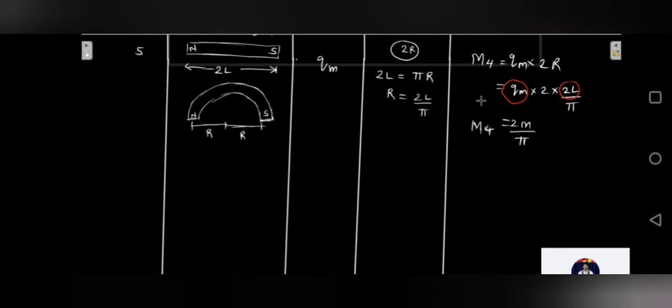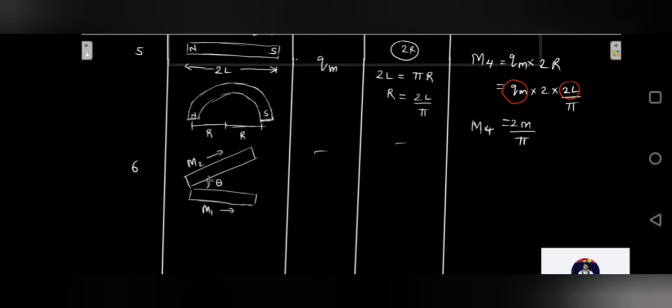The last one is a special case, the 6th one. Supposing I have a combination of 2 bar magnets. Okay, so supposing I have 2 dipoles, one is placed like this, another one is placed like this, and both are placed at an angle. Let us say they are placed at an angle of theta. Let's not consider the pole strength or the distance between them. Let's consider this one has a magnetic moment of m1 and this one has a magnetic moment of m2. Let's say both have different magnetic moments.